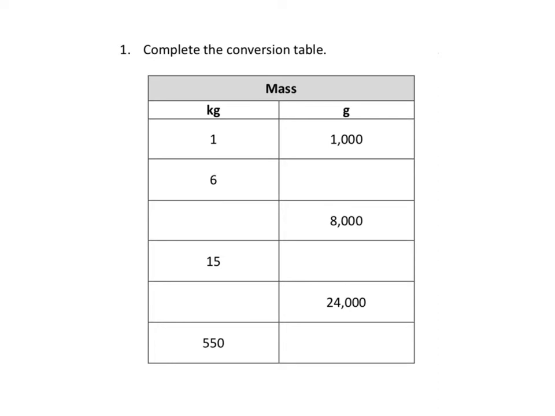6 kilograms is equal to 6,000 grams. We're multiplying the kilograms to get to grams, and we're multiplying by 1,000. So if we started with 8,000 grams, we have to go back to kilograms, and how we do that is we're going to divide by 1,000, and when we divide by 1,000, we are going to get 8